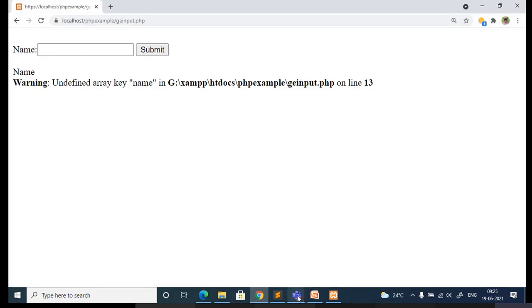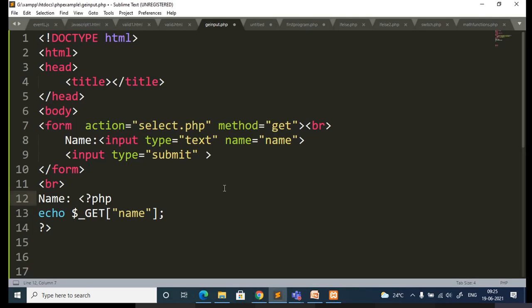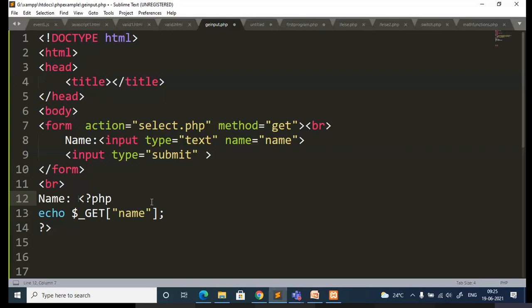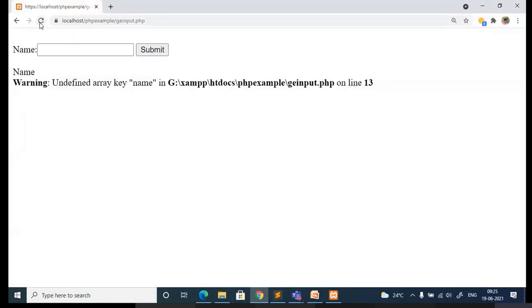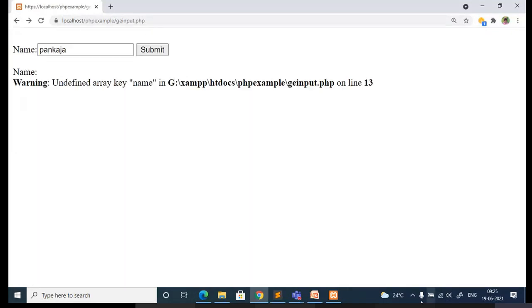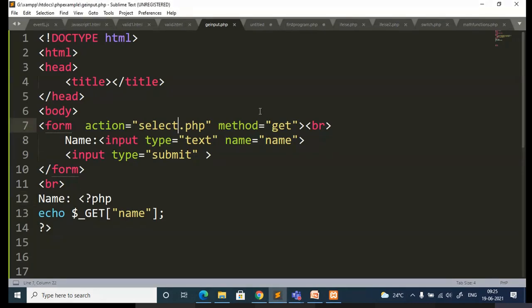Undefined array key. It's actually a warning. Let me see. Okay, so I got it. The name, whatever I have given here, it should be the same one.